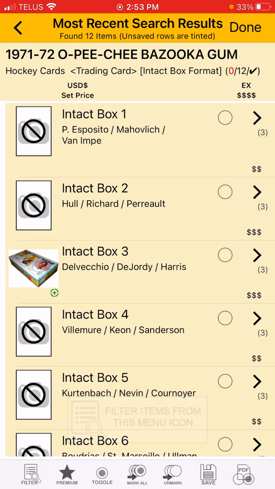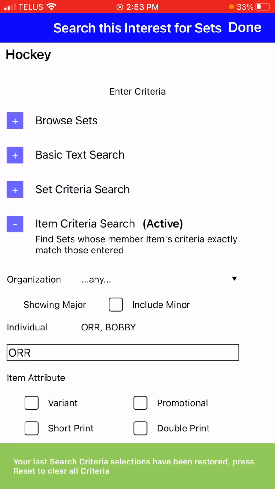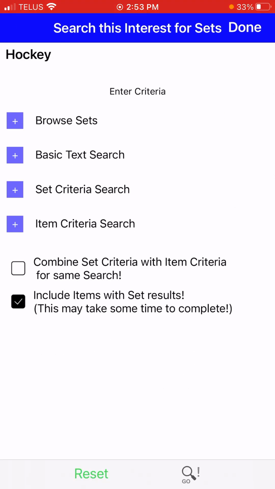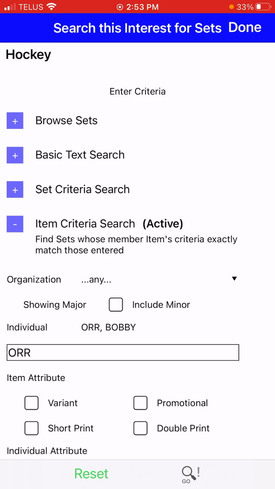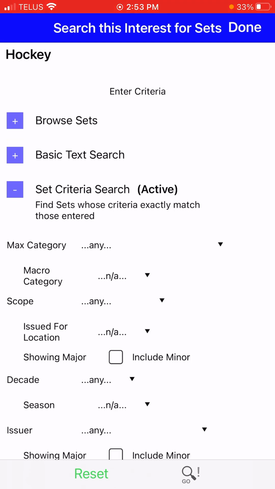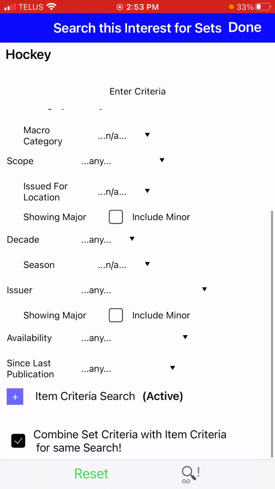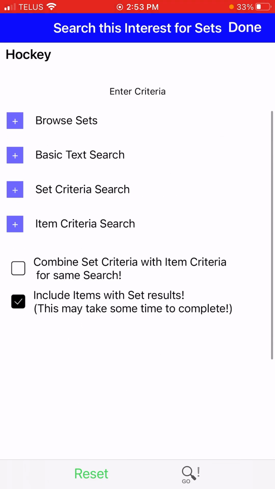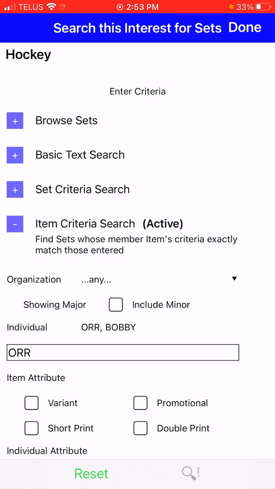And in this case, again, I did not say, just load the Bobby Orr items. I'm going to go back and actually do that. I'm going to go back here and say, I want you to include those items. I have to reopen this panel so it knows which one I'm acting on, right? Because you can go into any of these panels and start selecting things. It's the one that says active that is going to be the one that sends the criteria to the back end to do the search. If I click this button as well, now these two here are both active. But in this case, I don't want that one clicked on there. So I'm going to make sure that's active, Bobby Orr, bring back the items,